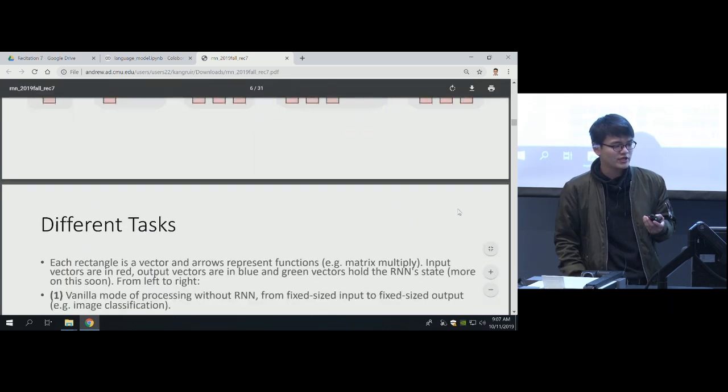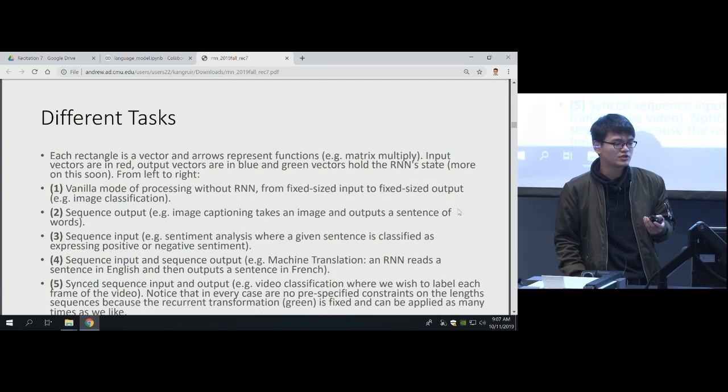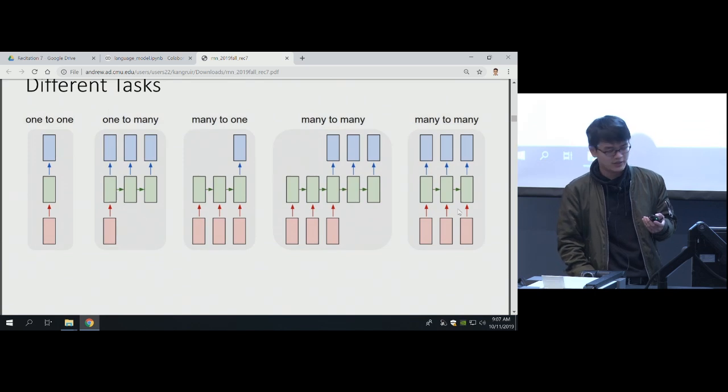Okay, so the first task is a plain mode of processing without an RNN, from fixed size input to fixed size output, like image classification. Your model is given one image and has to predict its label, just like your